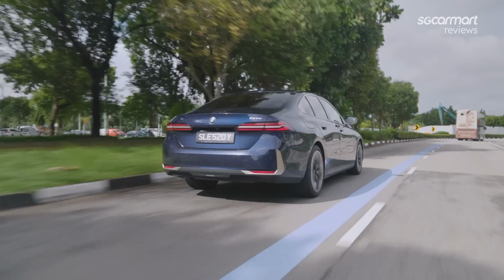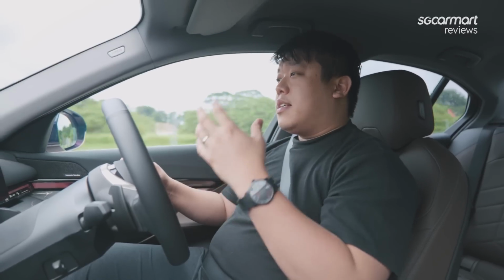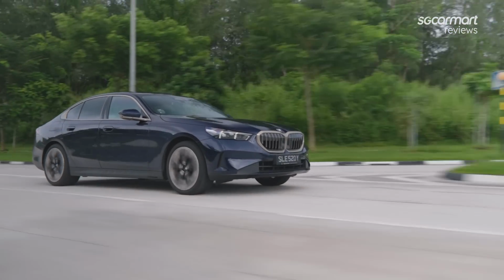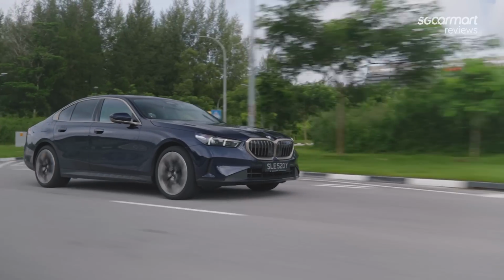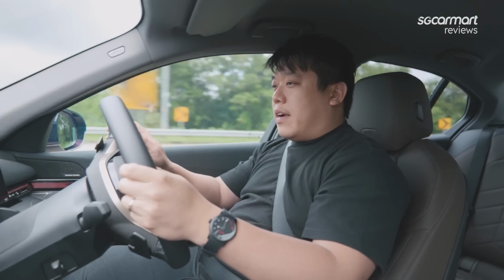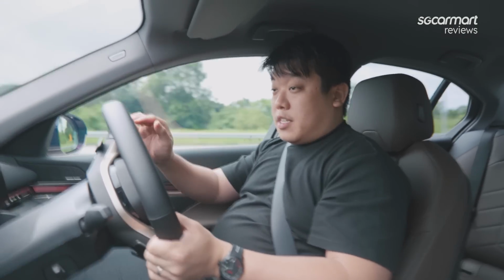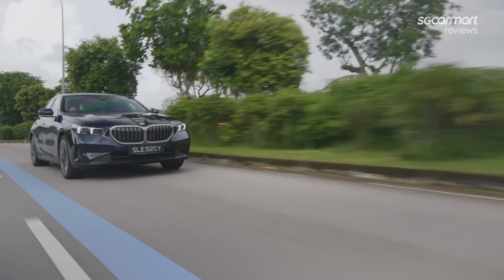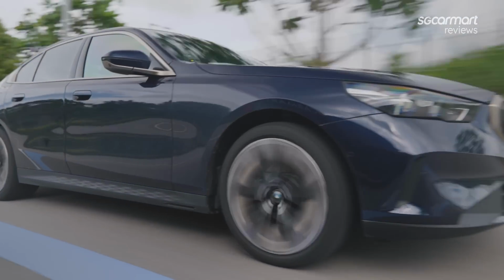And I actually really like that about German makes. If you compare them to similar Japanese makes, they usually tend to do with more power, smaller engines, and heavier cars. And even the fuel consumption isn't that bad. This is a 5 Series, it is a mild hybrid, so you're gonna get somewhere around 14 kilometers per litre. Since the car hasn't been properly run in yet, I can't give you an exact number, but riding is smooth,